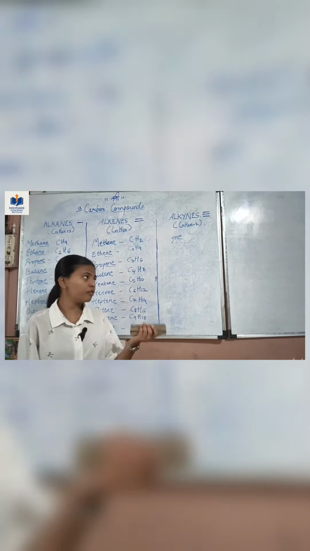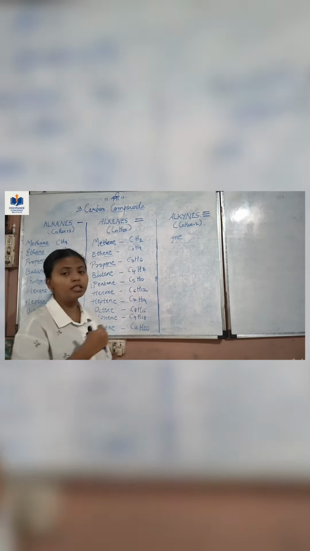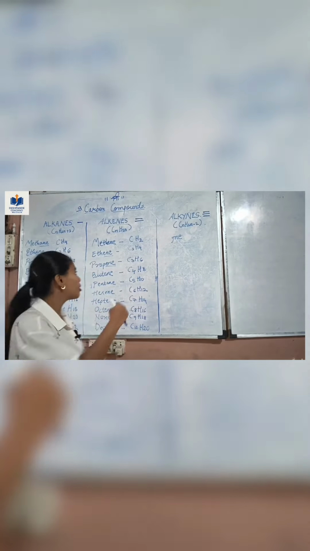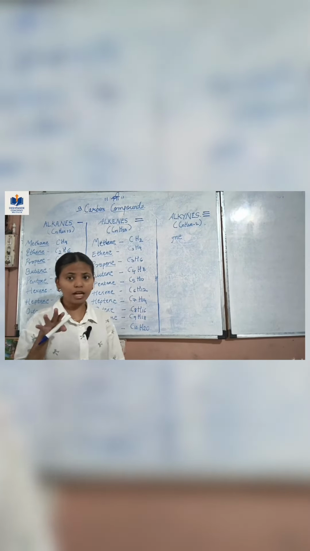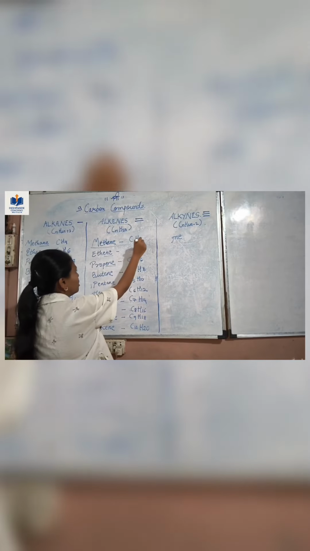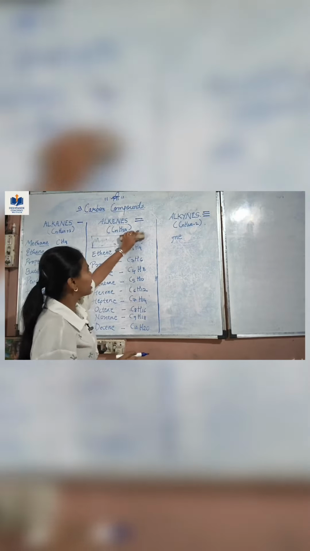Now how to write the structural formula? So as we have seen for the alkane family, we can see it for the alkene family. So it is possible to write the structural formula from ethene because a double bond is formed between two carbon atoms. So we minimum need two carbon atoms. So there is no structural formula for methene. So we can say that methene doesn't exist. So the alkene family starts from ethene.